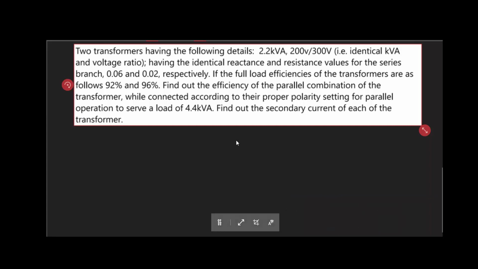So here the two transformers have the following details: 2.2 kVA, identical kVA and voltage ratio, having identical resistance and reactance values for the series branch. If the full load efficiencies of the transformers are 92% and 96%, probably these two transformers are made up of different cores. This is an obvious conclusion, because if the two transformers have the same series branch,